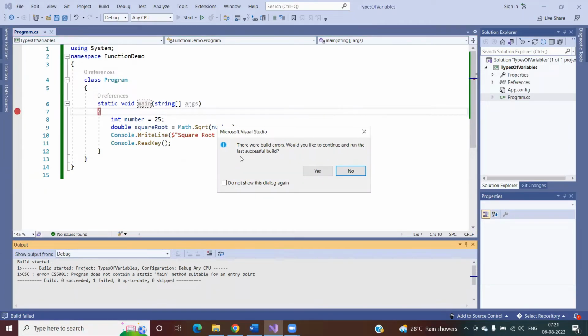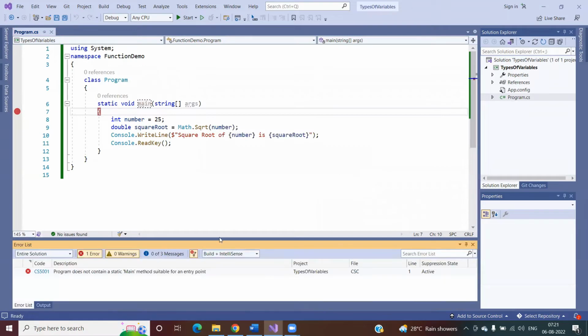Would you like to continue or run the last successful build? Why am I going to run the last successful build? I want to run this build now. So click no, and you will see that